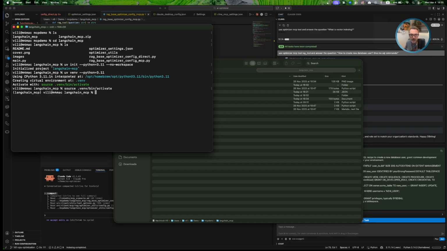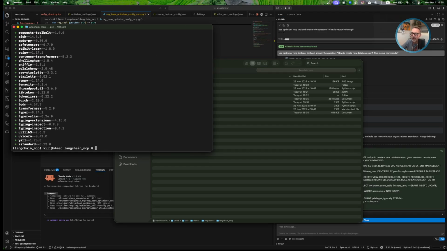Okay, we have activated the environment. And what we need to do now is install additional packages for this environment. Okay, packages installed. So we have a simple test to run to see if the setup works.